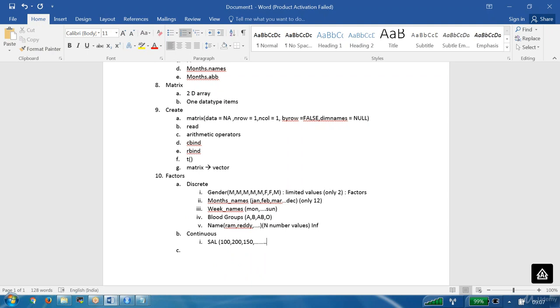Infinite values are possible. And all these values you give to me, I can put the points on the scale, and I can draw a graph also. Can I draw a graph or not? Yes. Continuous. Most of the numeric values are what? Continuous. However, here one condition applies. Some of the numeric things may be factors. Possible?